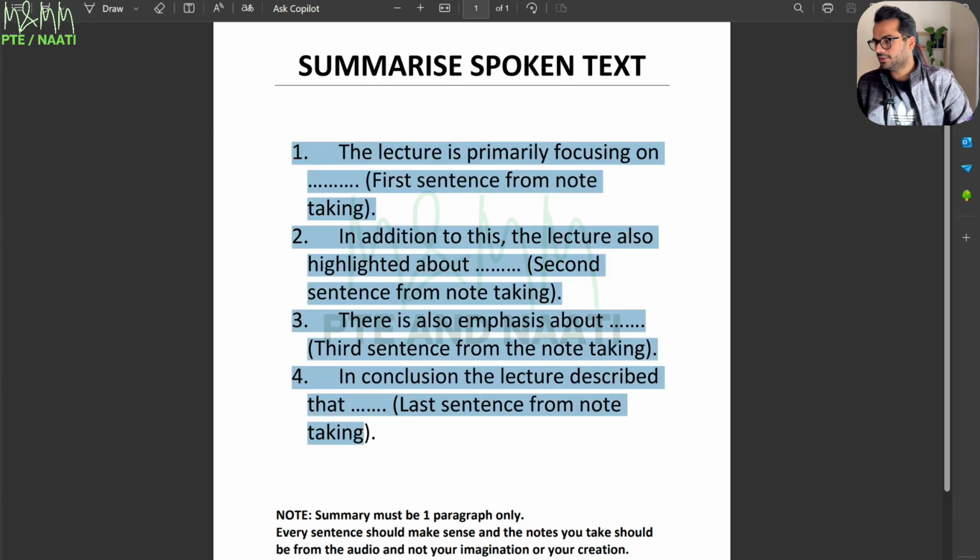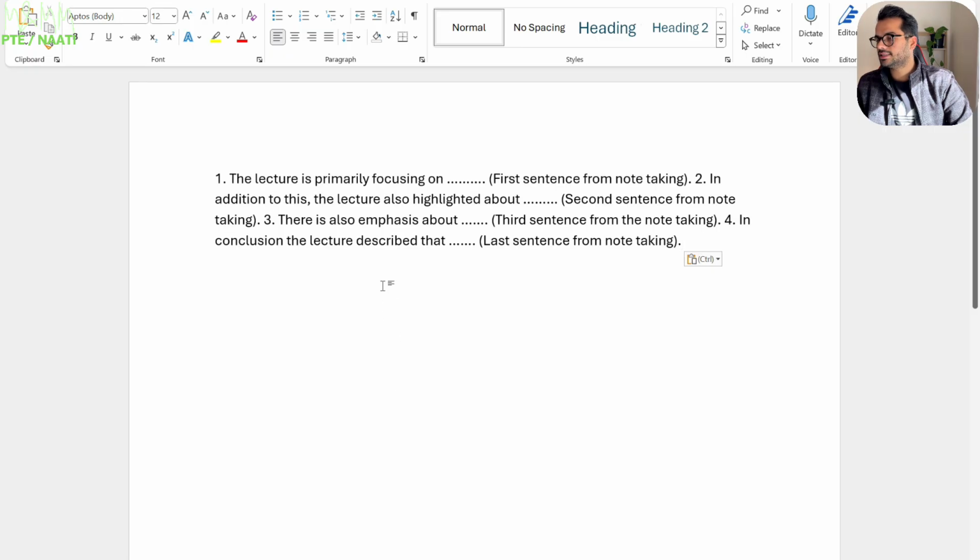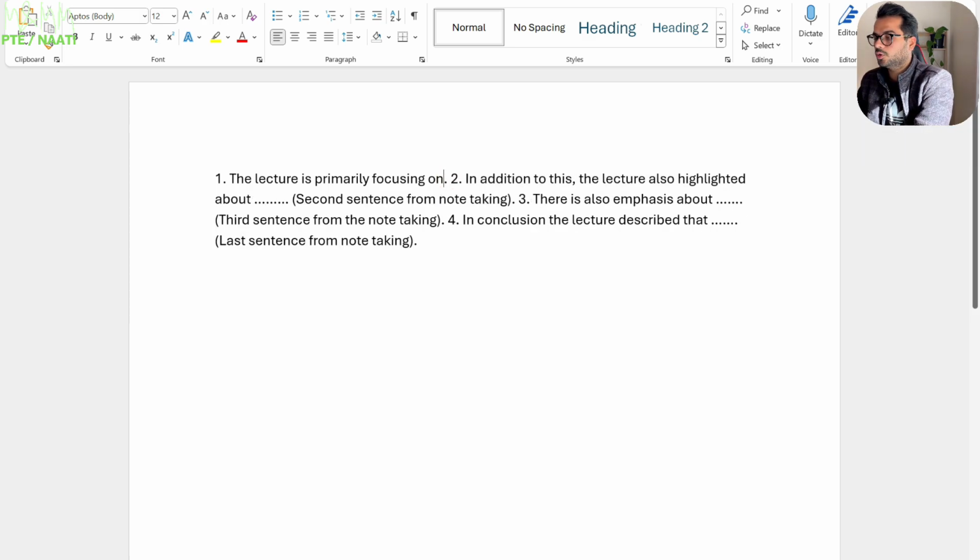So let's take the same template and I would be filling in my content in that. So let's say this is my template. I'm going to look at my notes that I've written over here and we would be creating a response for that. My first sentence says the lecture is primarily focusing on, so I'm going to put my first sentence over here, is primarily focusing on